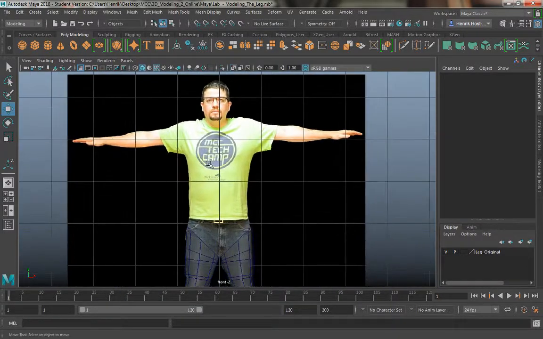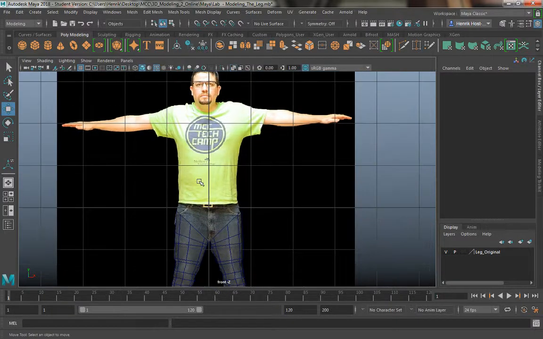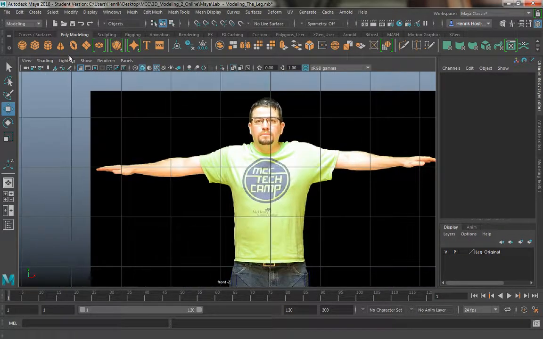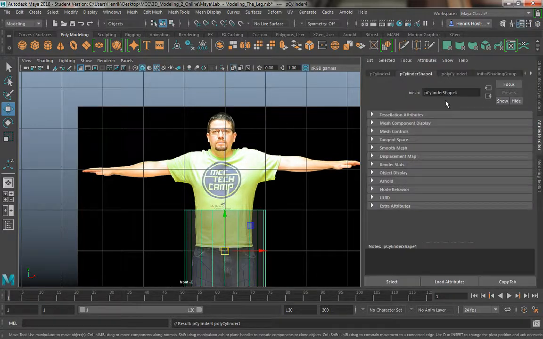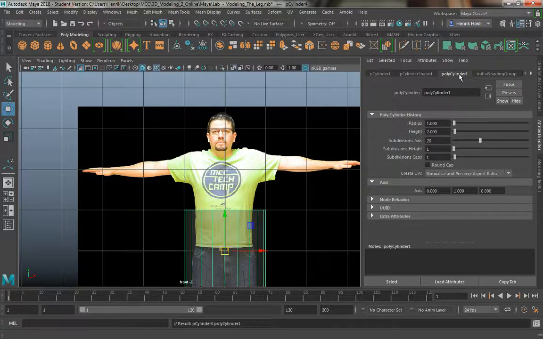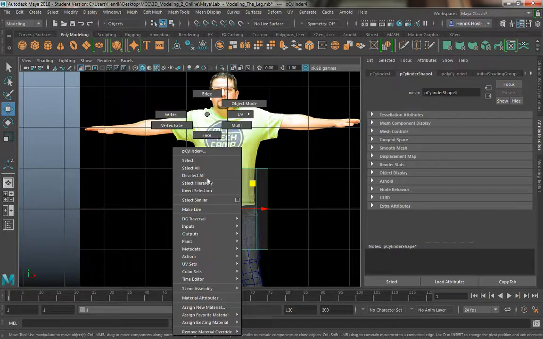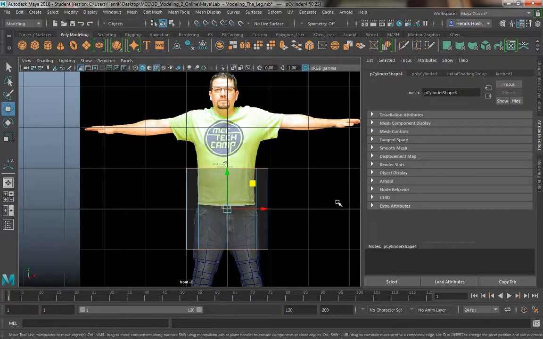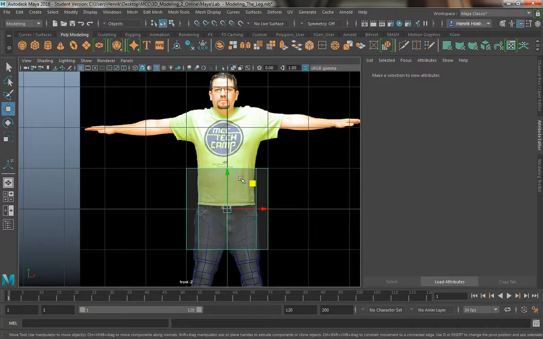So primarily I'm going to be modeling off of my front reference image. So with that being said, I'm going to start again with a poly cylinder. I'm going to go to my attribute editor, and I'm going to change it under my poly cylinder tab to 8. Again, just like the leg, I'm going to delete the caps, and